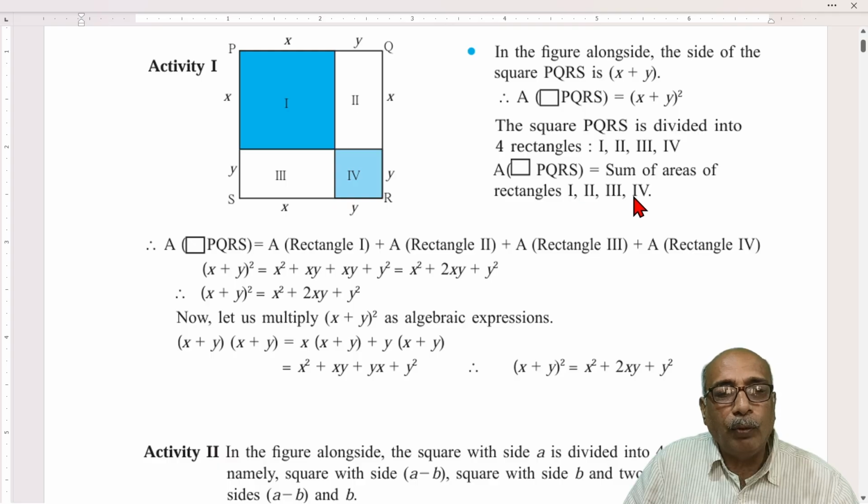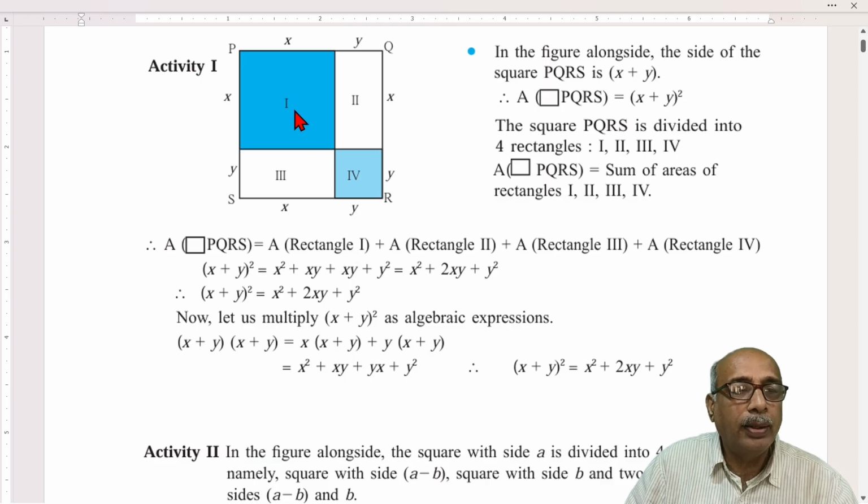Here first and fourth are squares. Rectangle 1 is given, but length into breadth will be x into x only. For 4 also, y into y, it will be a square only. Now the area of quadrilateral PQRS, as shown above, is x plus y whole square, equals the area of